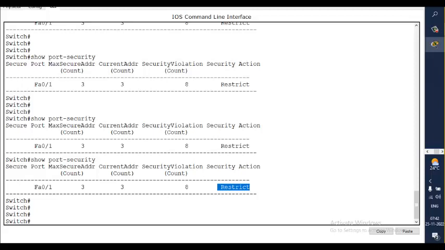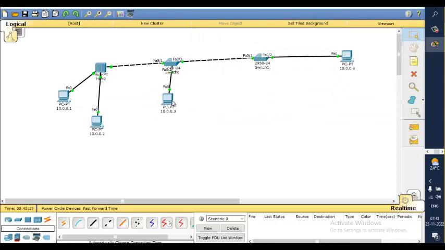I just want to protect my network. I don't care who is doing how many violations. I don't want any account of those things. Then just configure only protect. But if I leave it as default, the shutdown, in our topology we saw that the genuine computers will also suffer if you shut down this port. So shutdown can be an option